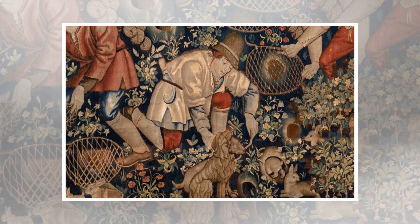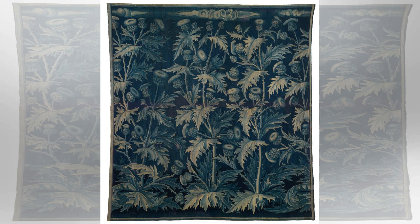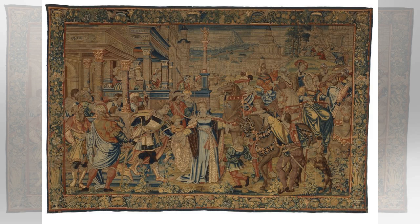To begin with, business took Burrell to Europe, but through this came opportunities to collect and to explore its medieval cities. By the late 1890s he was accompanied by his advisor Robert Lorimer, an Arts and Crafts architect specializing in the restoration of Scottish castles. With his purchase of Hutton Castle near Berwick-upon-Tweed in 1916, Burrell was able to fulfill an ambition to create large-scale tapestry displays. Between 1927 and 1939, Burrell bought an astonishing 117 panels of tapestry, over half of the collection as it survives today, to furnish his new home, at a cost of